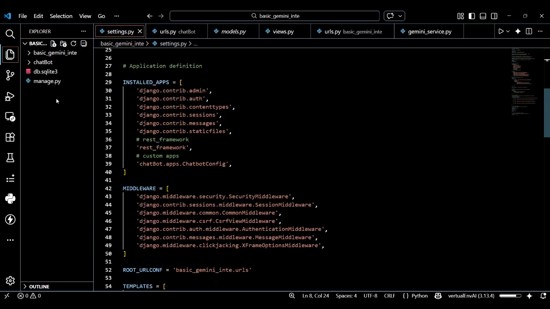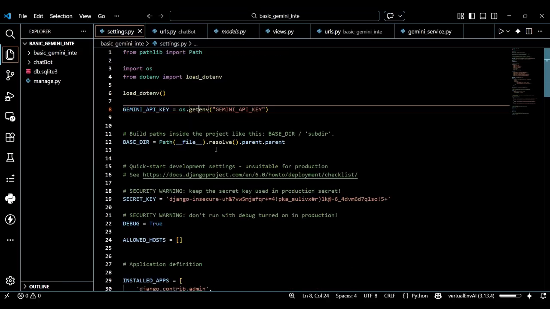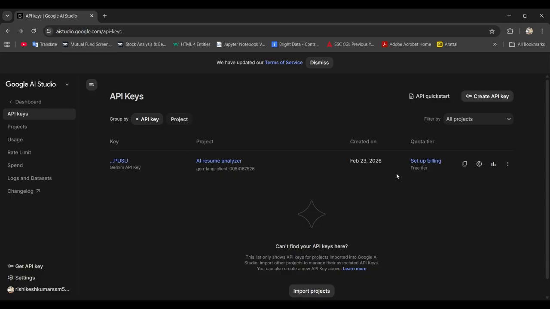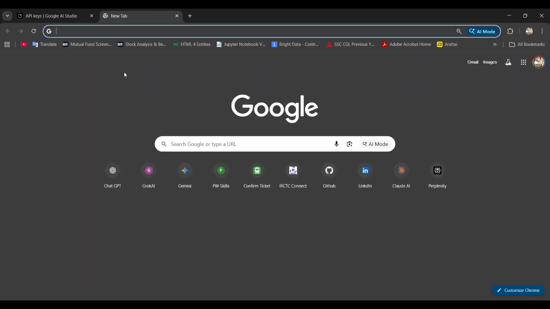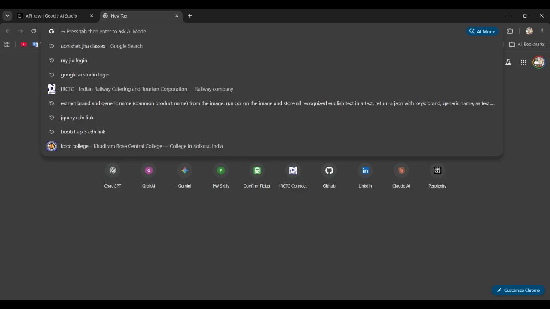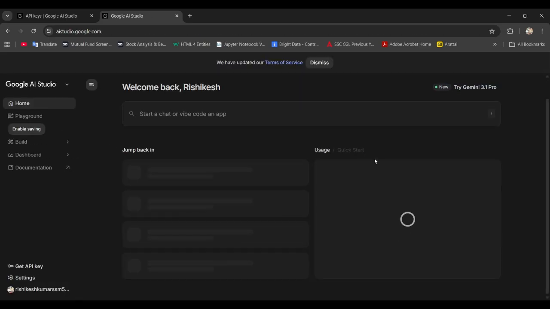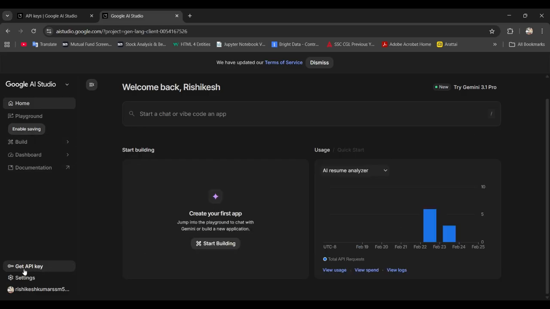chatbot app. Now after that, we need the Gemini API key, and I have already integrated my Gemini API key in this environment. You can also generate it from Google AI Studio. Log in to Google AI Studio, and after logging in, you can click Get API key.